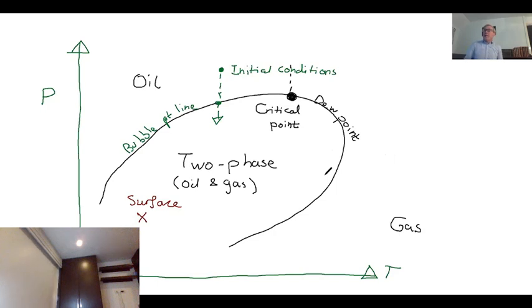So now let's describe the types of field that we can obtain if we are at a higher temperature on this diagram. So actually I'm going to start with the easier case, which is here. What happens if I'm right out here? Imagine my initial conditions are this red spot. Here, I avoid the two-phase region altogether. Now, as I drop the pressure,